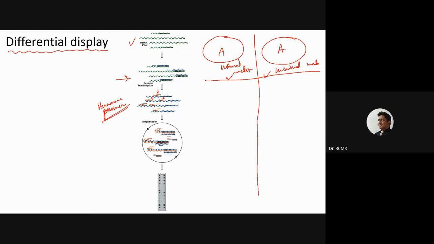If you say hexameric, the probability of it binding is very high compared to a normal primer, which is between 25 to 35 or 30 bases, where the specificity is very high. When you say 6 bases, the probability of the complementary region occurring on mRNA, or even on DNA, is also high. And if you have different types of hexamers, then you are increasing the probability with which they can bind. So you have first generated the first cDNA strand